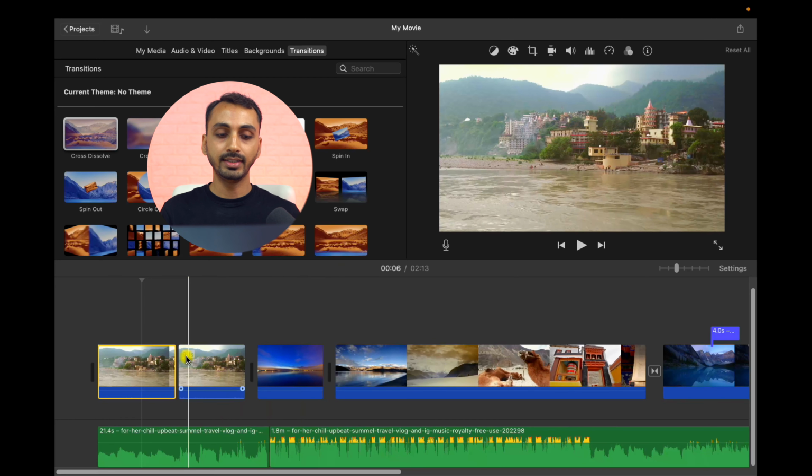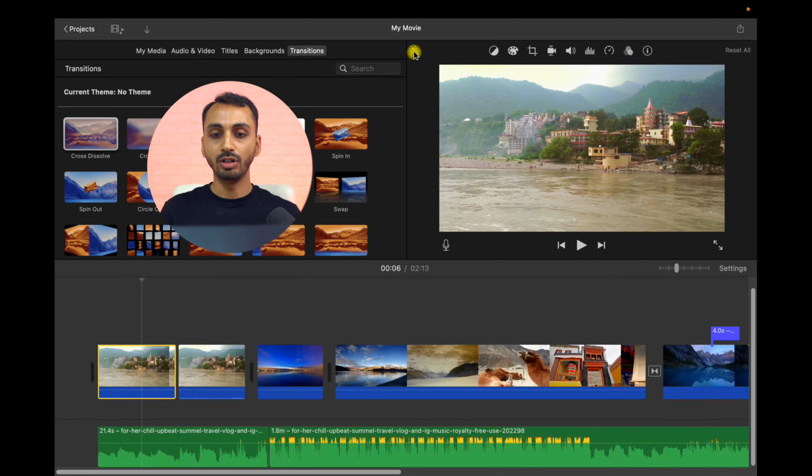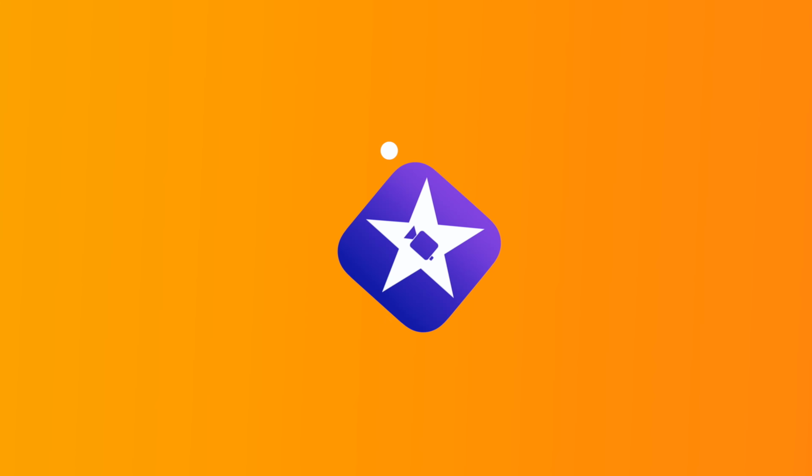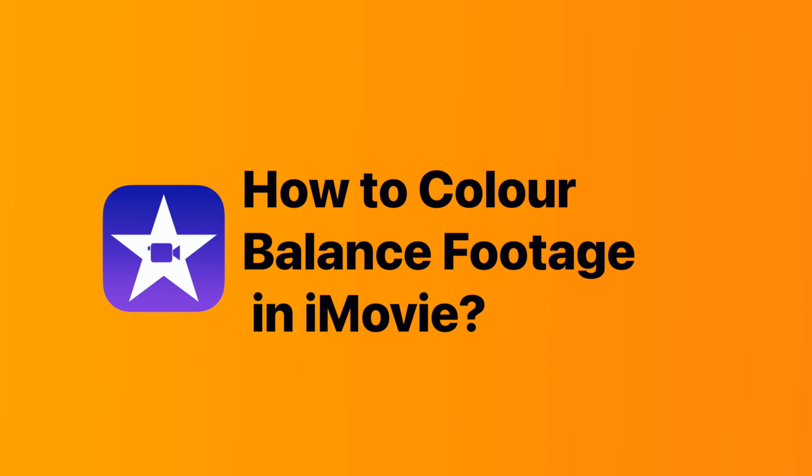So we have selected this one. So if we click on this, you will notice that it will change the color of this clip, as you can see here. If you like the adjustment, you may keep it, or if you didn't like, you may simply click on it again, and this will remove the adjustment and go back to original. Well, that's about the automatic adjustment, but obviously there are other tools as well, and those will allow you to